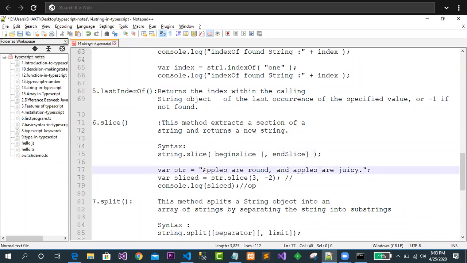Okay, so now let me go for this string, and from the string we are trying to go for slice. The slice is telling us the starting index is 3 and -2. What is the meaning of -2? Who can say? Okay, this is the end slice. End slice means this is the end point. Okay, who can say what is the output? Just consider this one, clear a string.